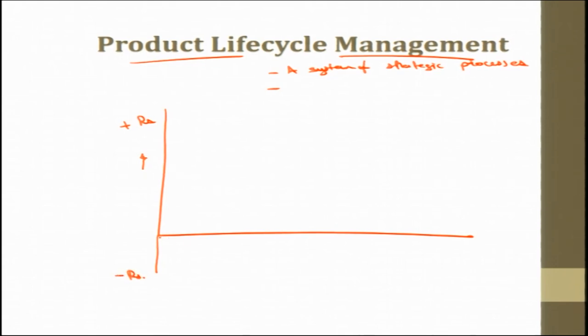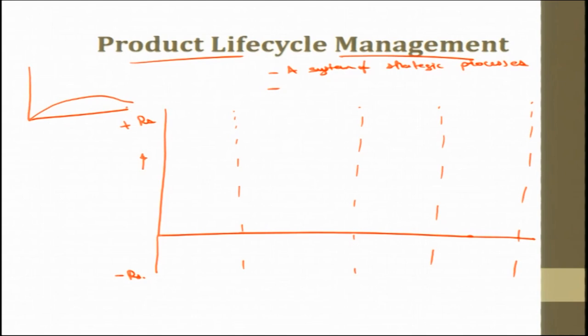If I divide it into stages, I am planning, manufacturing, building the product, then providing after sales support. This is not the marketing kind of product life cycle. The marketing product life cycle is: first introduction, then growth, then maturity, then decline, and some decay could also happen. So, this is the marketing perspective.